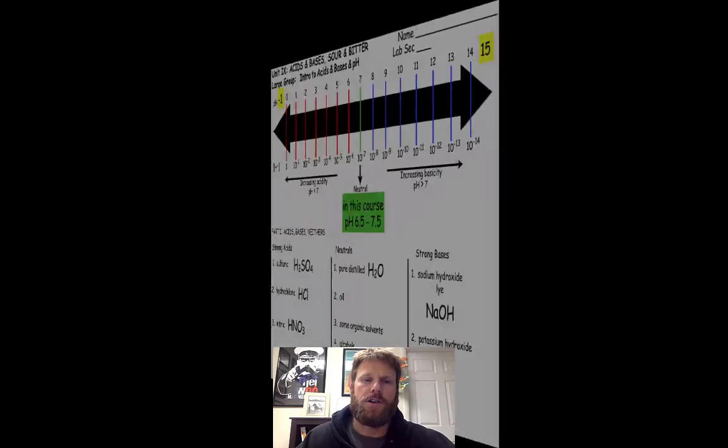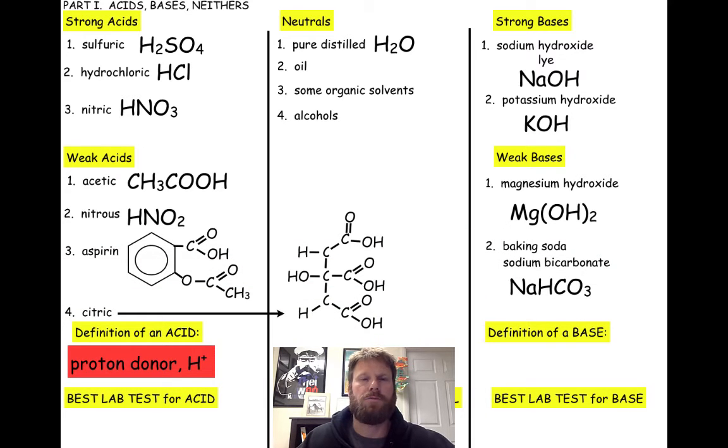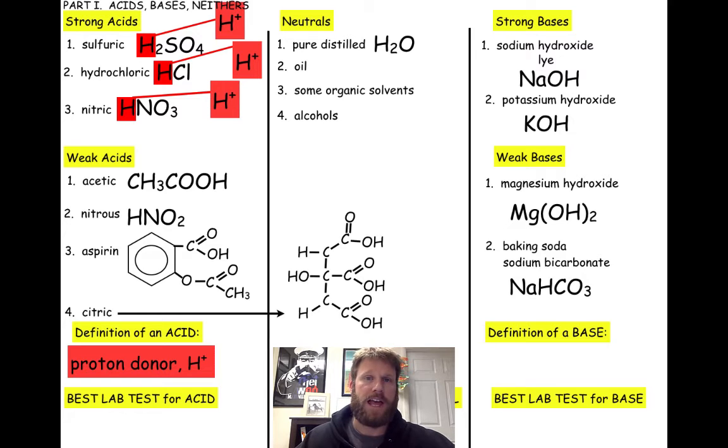So let's consider some acids, bases, and neutrals. Remember, an acid is a substance that donates a proton or an H+ ion to solution. If you look at some of the strong acids here, sulfuric acid is a strong acid. You'll notice all three of these strong acids listed have hydrogens to start their formulas. That is pretty typical. If it's an acid, the hydrogen will be at the beginning of the formula. Sulfuric acid actually has 2 hydrogens. You can see the beginning of hydrochloric acid and nitric acid all have that H+ ion, which would be donated